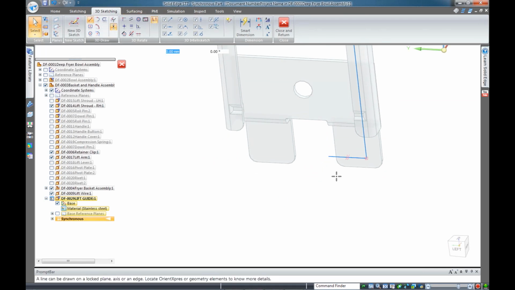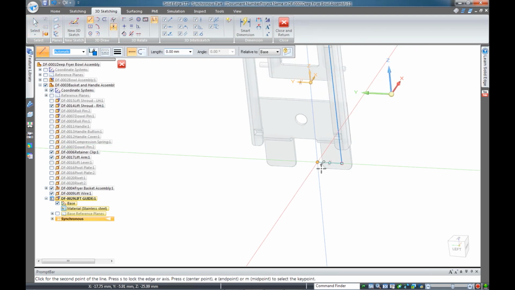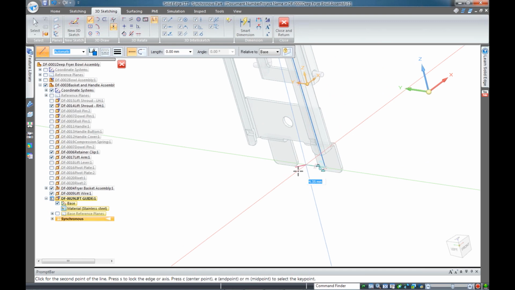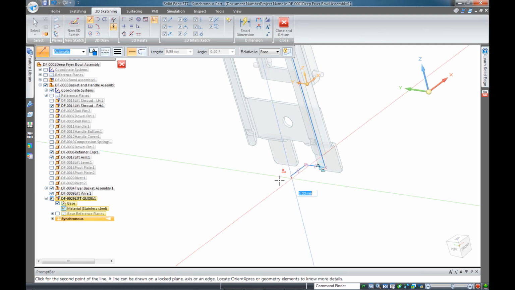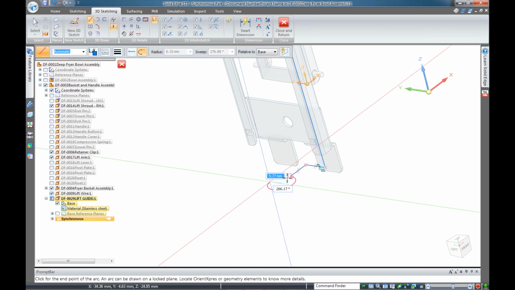I forgot to lock onto a plane. So let's go ahead and get that point again. Come out here, let me lock onto my Z and my X. There we go. Let's go about 10 degrees there. And let me draw that arc right this time. So instead of locking onto